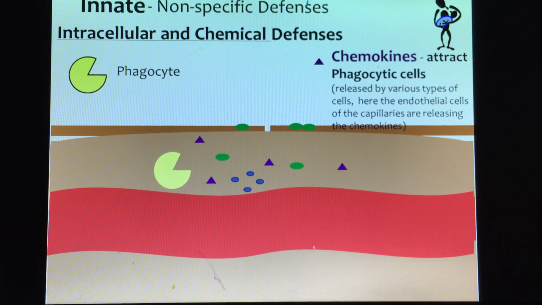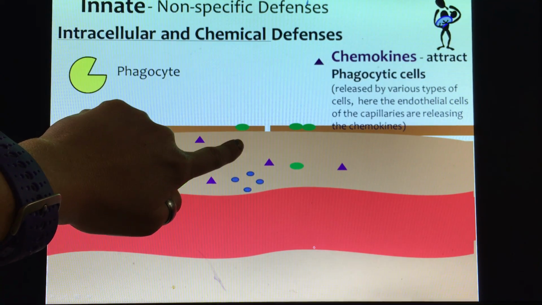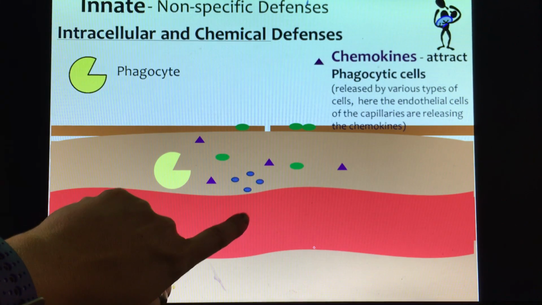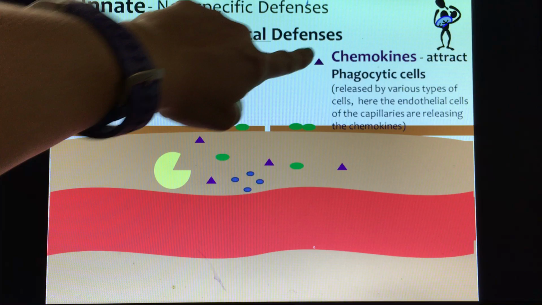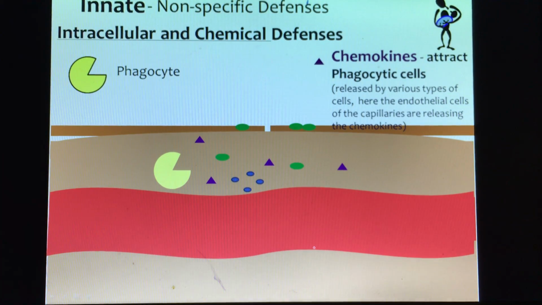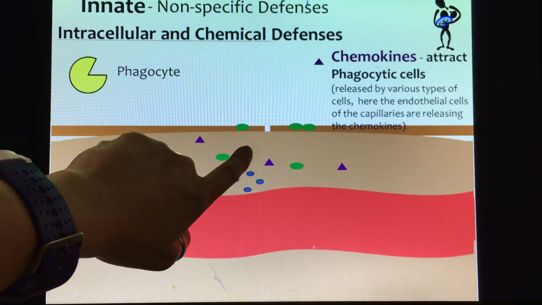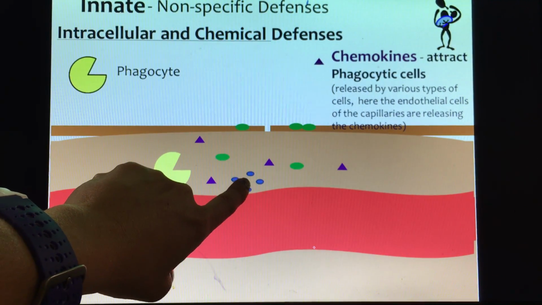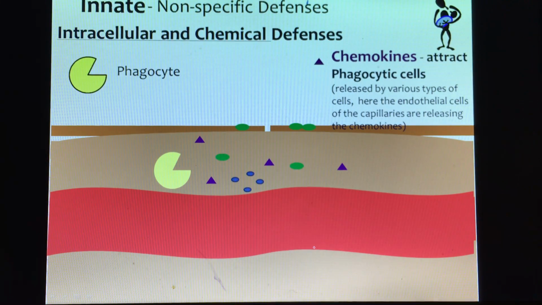So when we look at this big picture, the broken skin damaged the mast cells. The mast cells released histamine. Histamine caused the capillaries to dilate. The walls of the capillaries that dilated released chemokines. Chemokines attract white blood cells, phagocytic cells, that are going to engulf the bacteria. Because most likely, if the skin was broken and the cells were damaged, there's going to be an entrance of bacteria or other microbes. So that would make sense to bring phagocytes to that area to engulf and clean up